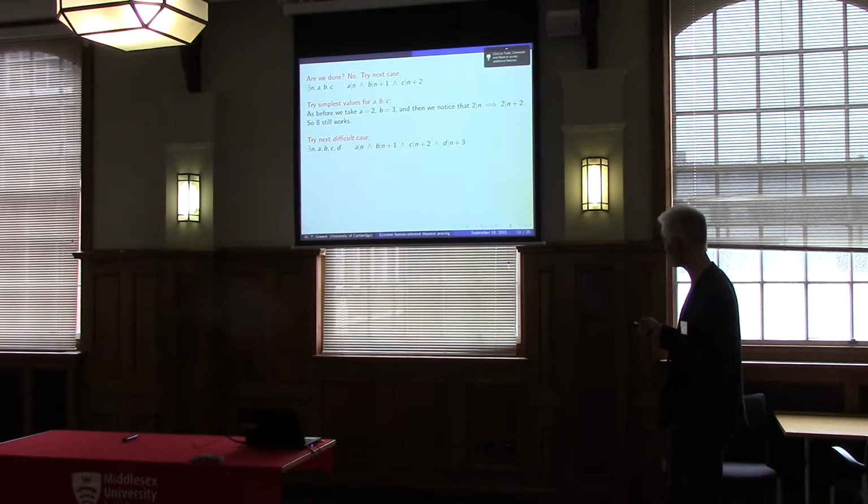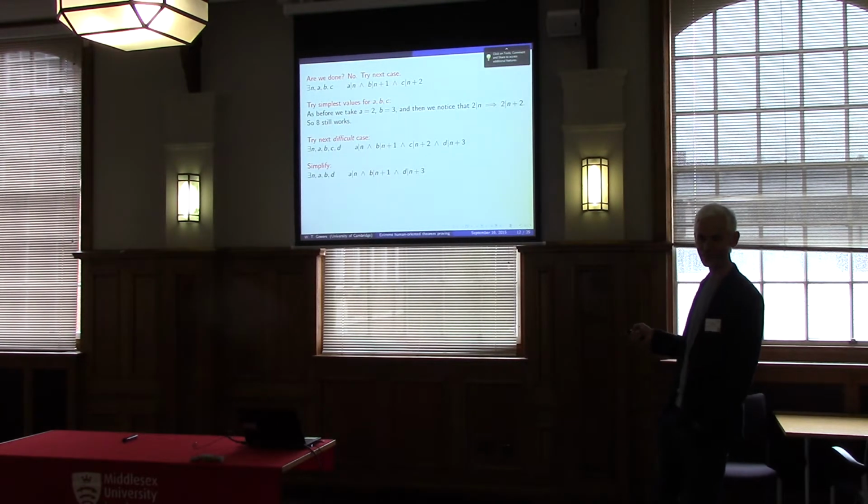So n plus 3 will be the next one. So we simplify that. Actually, it's not really a simplification, I realise now looking at this again. That's a simplification if we assume that we're going to take A equals 2. So then we won't need to worry about n plus 2. So I promise you I'm going to choose A equals 2 again.